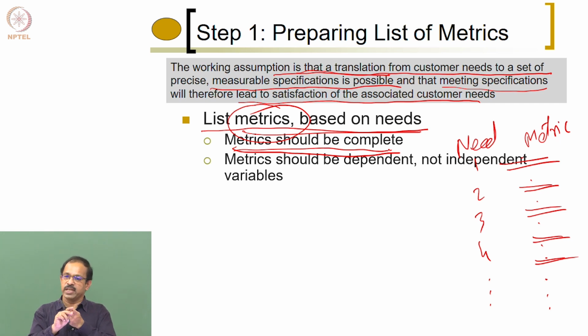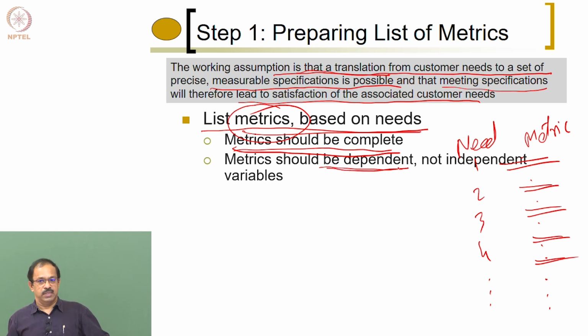When it says the load bearing capacity, it depends on the material, it depends on the size, it depends on the way you assemble or manufacture it. So it's a dependent variable. So every metric should be a dependent one. Don't take it as an independent one. Material is an independent one, right? So you say it should be attractive. You will say it should be blue color. Then it will be attractive. So you cannot say blue color because it's independent of anything else. You cannot say that color is the only thing which actually makes it attractive. So you should not use independent variables as metrics.